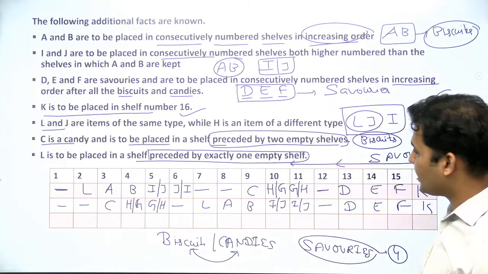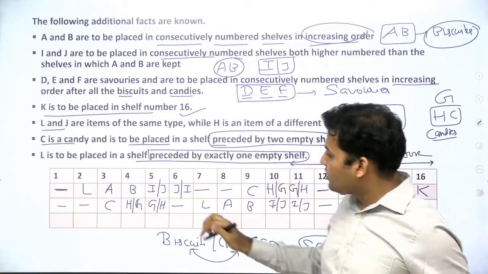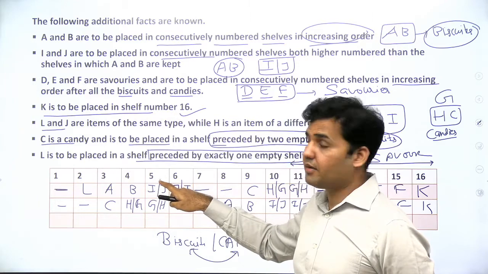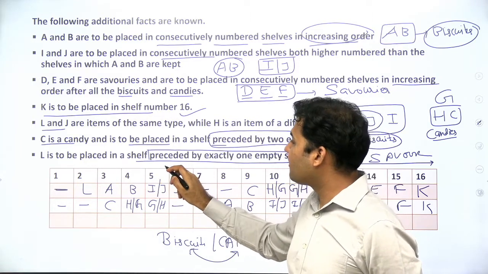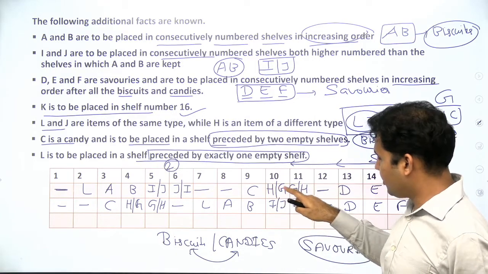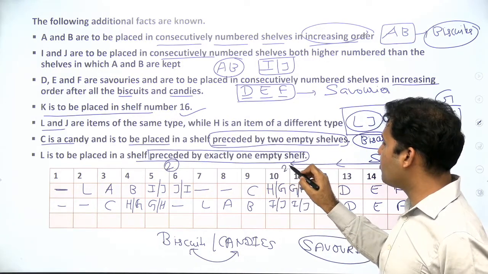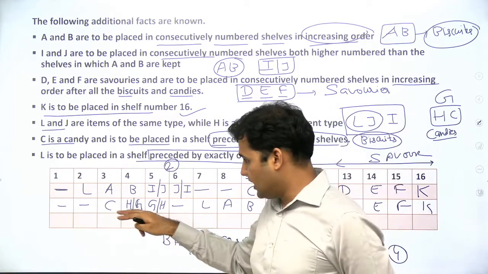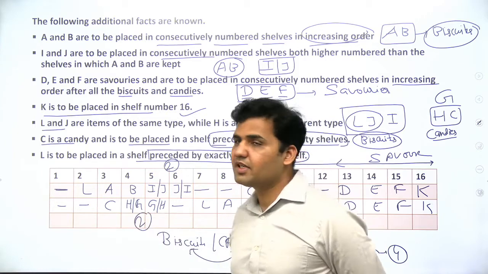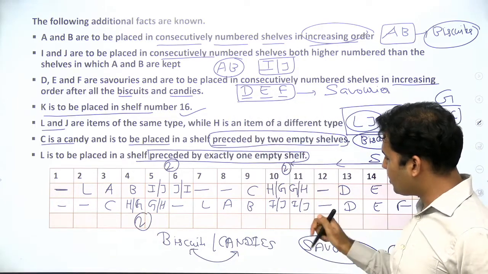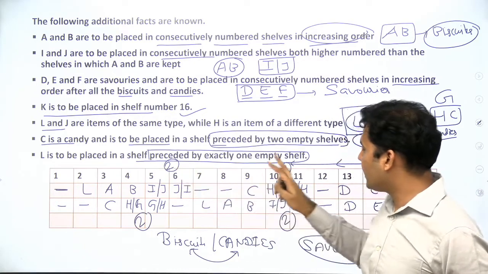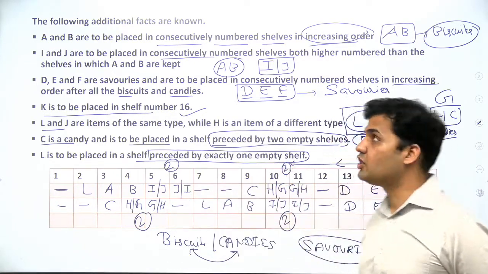Guys, all the possible cases that we have over here, you see that if I change the position of I and J on the shelf number 5 and 6, I will have 2 possibilities over here. Similarly, if I change the position of H and G over here, I will get 2 more arrangements. In the second case, again, if I change the H and G position, I will get 2 more arrangements. If I exchange the position of I and G over here, I will get 2 more arrangements. So 2 arrangements here, 2 here, 2 here, 2 here. Total number of arrangements are 8.